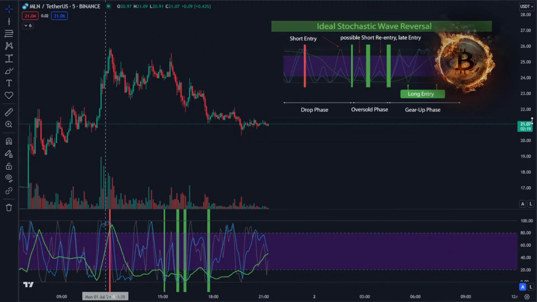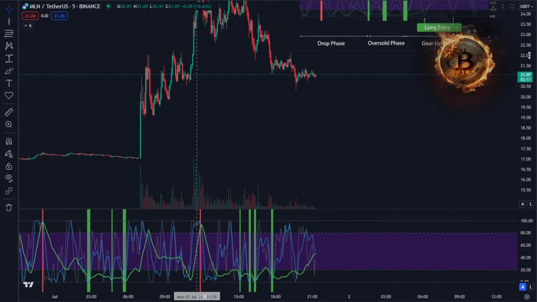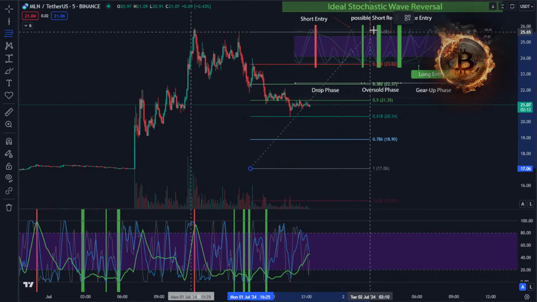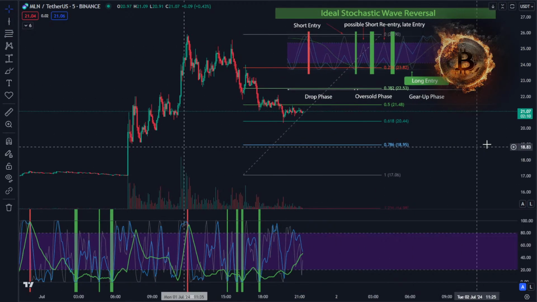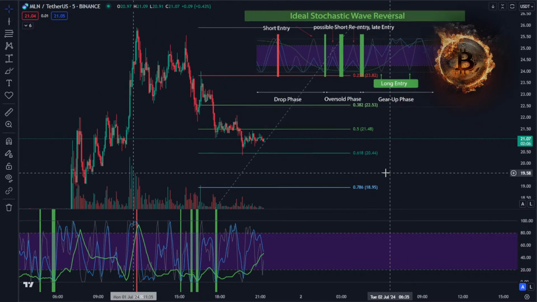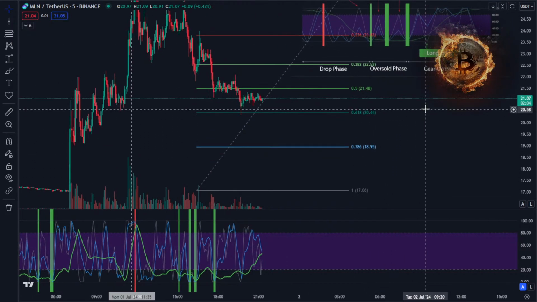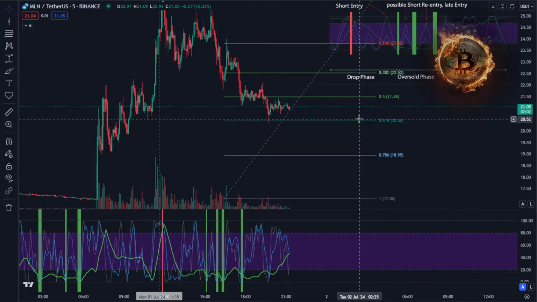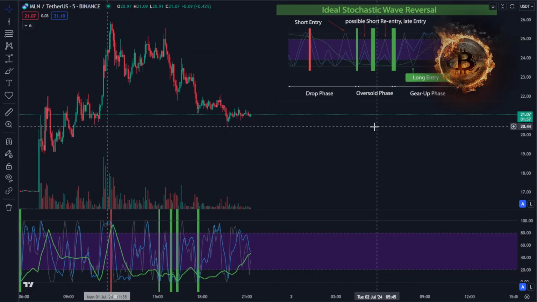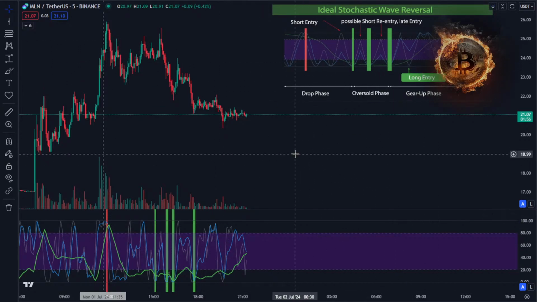Okay, so when I look at something like that, usually what I do is I first set my fib retracement tool to the top, and as you can see, we already tapped the 0.618, which is a relevant fib level, and we have this looking somehow like this curve here. So we have this,